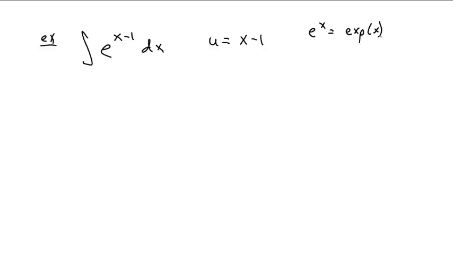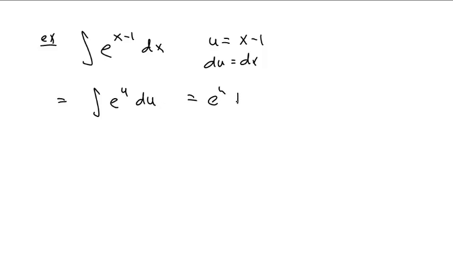And what else could we do? We could do something like the integral of e to the x minus 1 dx. And this is one of those set u equal to, well, it's an exponent, x minus 1, but you could also look at it. Some people even write e to the x as exp of x to make it look more functiony. It is a function, but I don't do that. du is just dx, right? 1 dx. So this just becomes the integral of e to the u du, which is e to the u plus c,